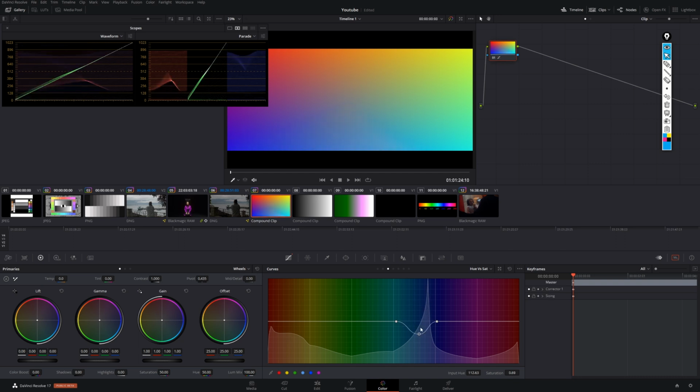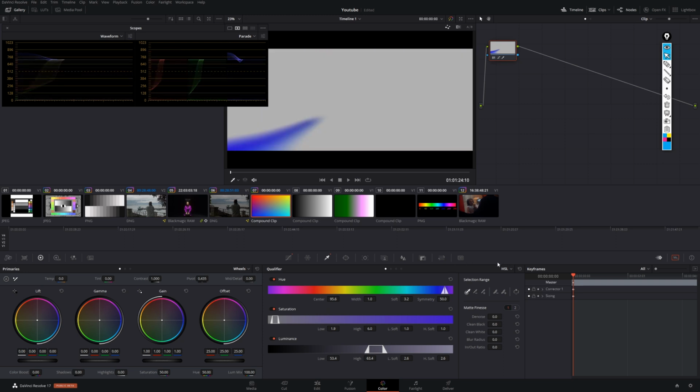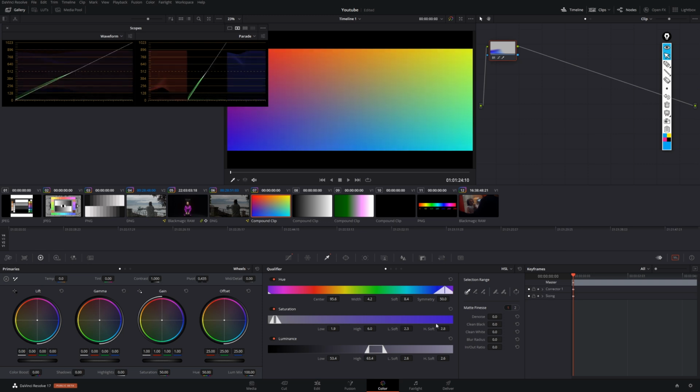I could as well also go over there into the qualifier, qualify that certain area, smooth it accordingly, and then by having a look at this, maybe smooth it even out further, softer now, and soft, and even more soft, and so on. Then apply the corresponding changes that correspond to a hue shift by, for example, shifting the hue here, or adding in some saturation,